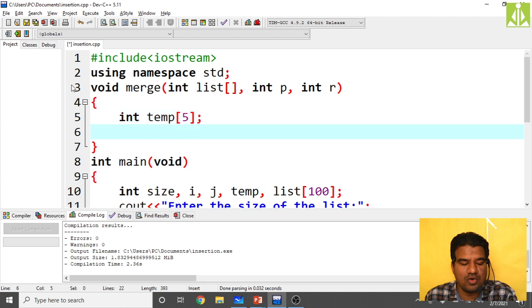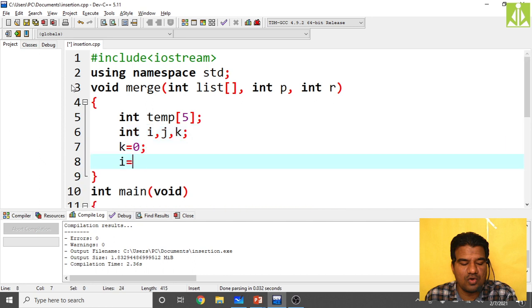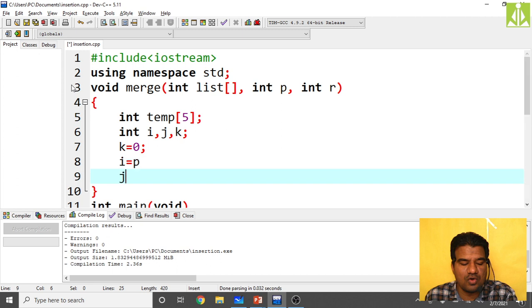Or else, for this temporary list you would have to set the size by using some criterion, which I don't want. Again, it will make our program more complex, that I don't want. Okay, so initially we are taking i, j, k. k is equal to 0, then i is equal to p, then j is equal to q plus 1.